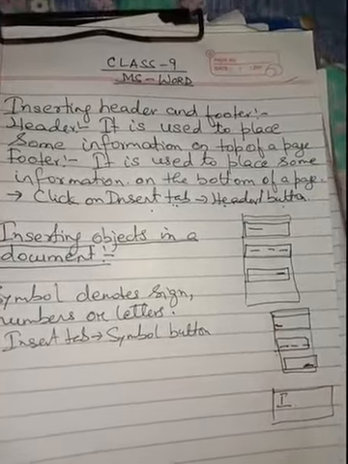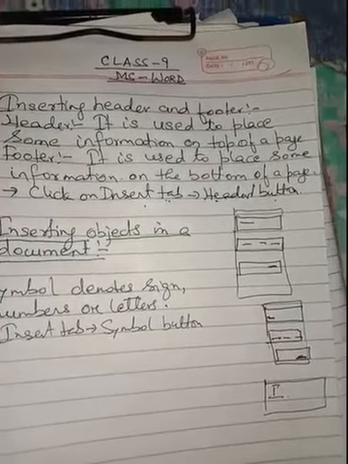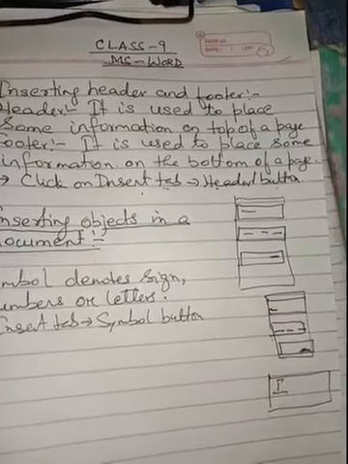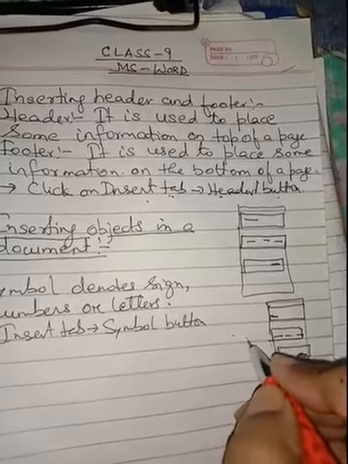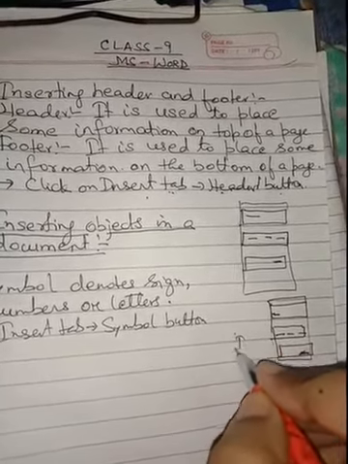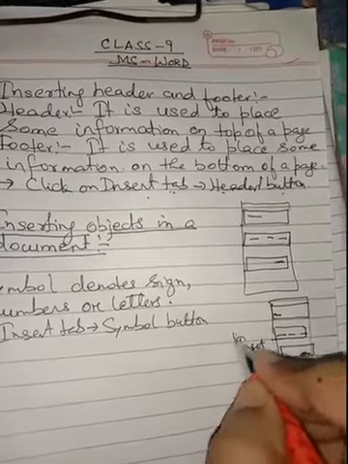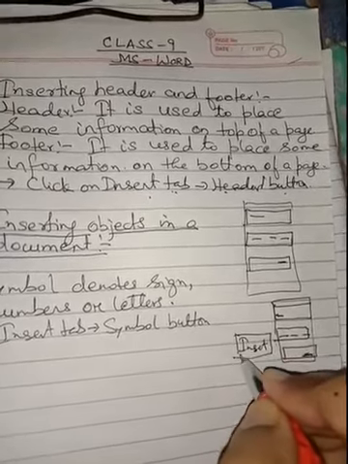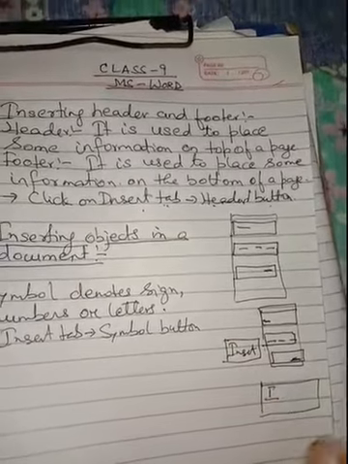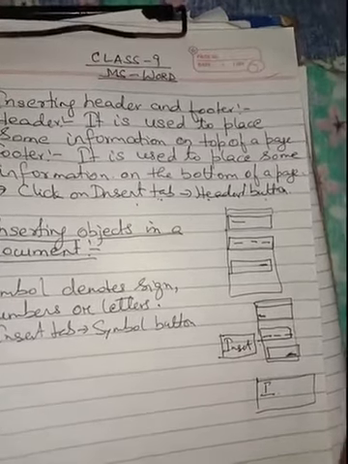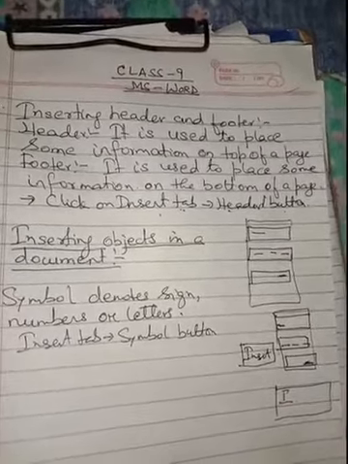The symbol drop down will appear where we can have different types of symbols. So we can select any of the symbols, have a left click over it, and then we can click on the insert button in the symbol window, and that symbol will be inserted in our document. So this is how we can insert the symbols in our document.